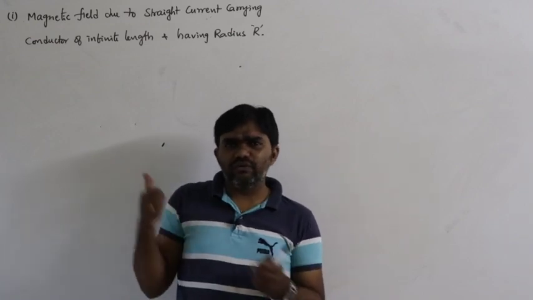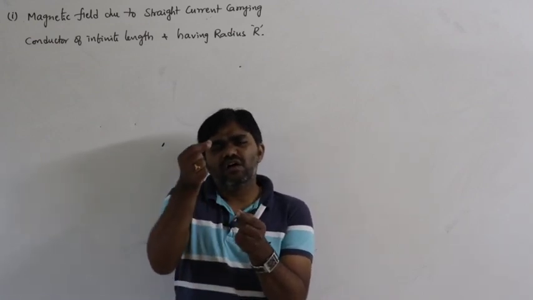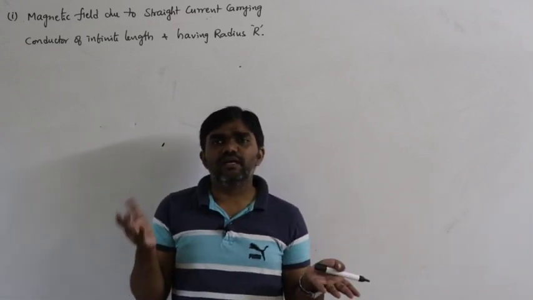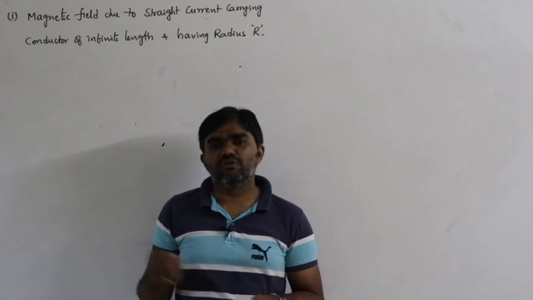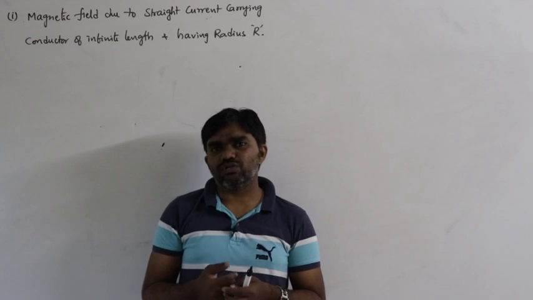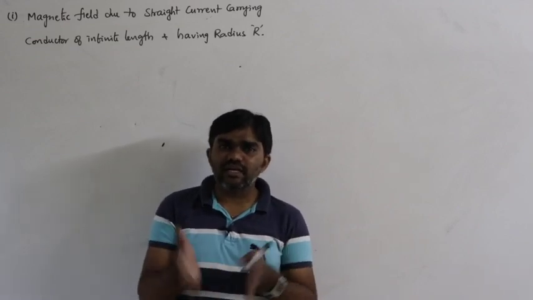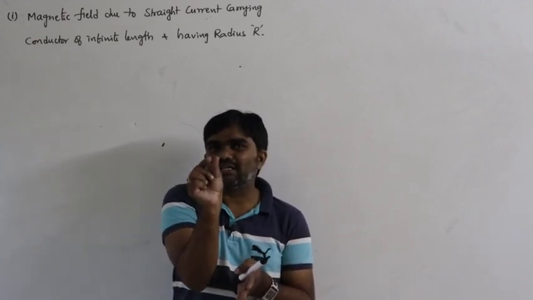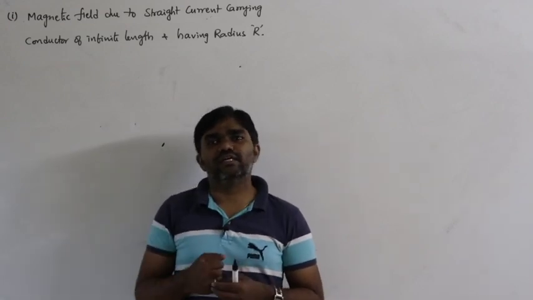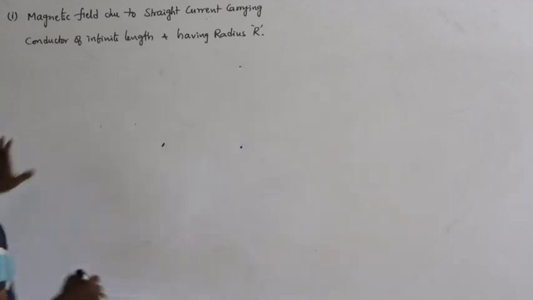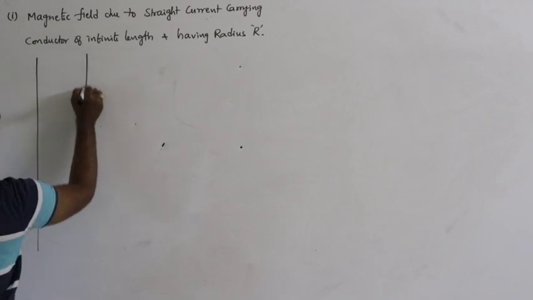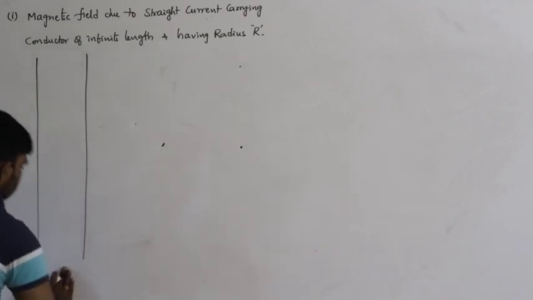So till now we discussed the current carrying conductor where the thickness is negligible. So that's why simply integral of B dl equals mu naught I. Only the magnetic field outside exists. Inside means inside of the conductor. That means the thickness is not considered till now. But here we are considering the thickness of the conductor. So see here, thickness of the conductor. Let us say it is the current carrying conductor of radius r.